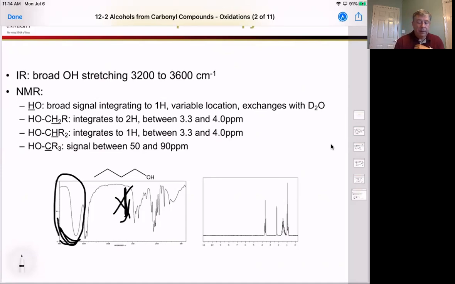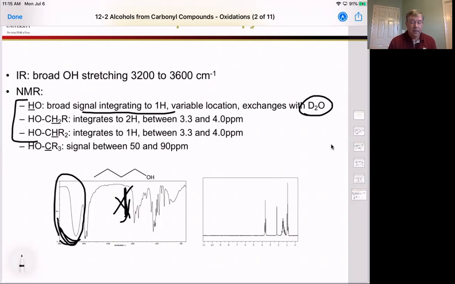By NMR, in proton NMR in particular, we will generate a single signal for the hydrogen on the alcohol here, but it tends to be very broad and move around quite a bit. And by the addition of D2O, we'll actually have that hydrogen exchange off, and that means it will disappear. So you can know which proton is your alcohol proton by adding a little D2O, and it'll disappear in